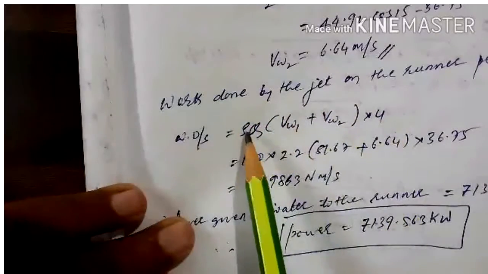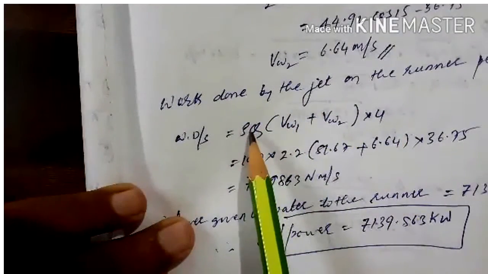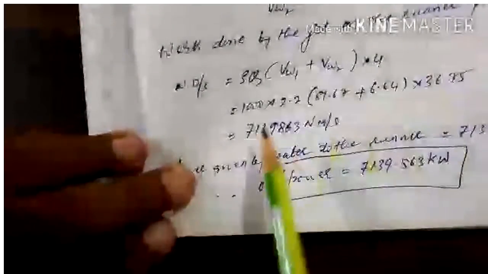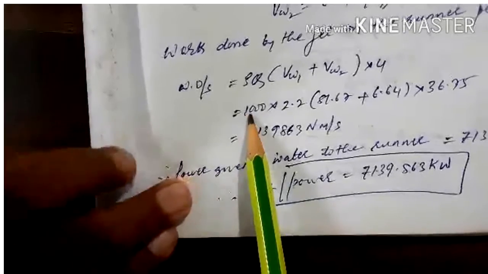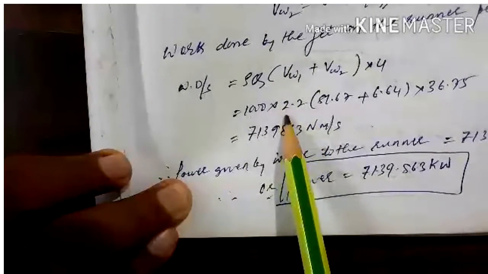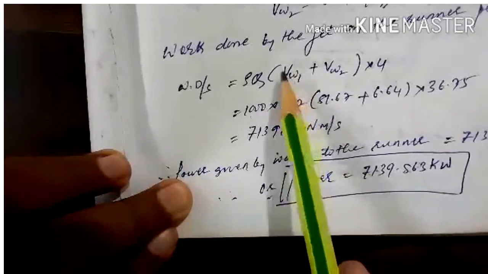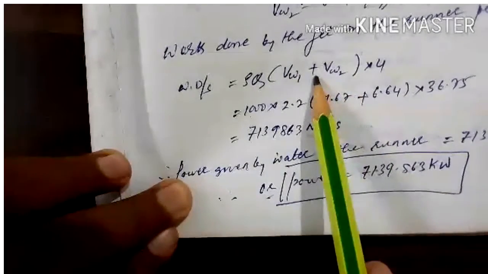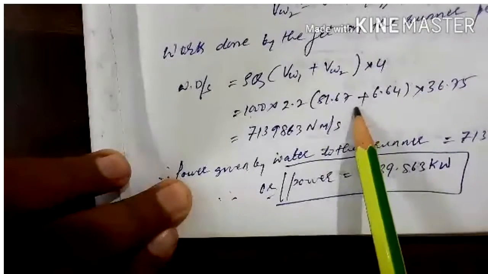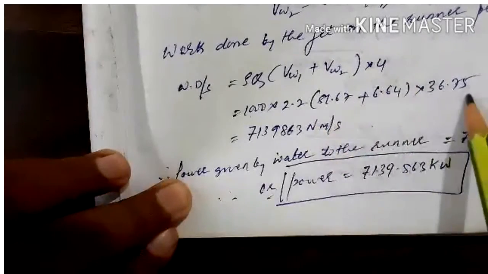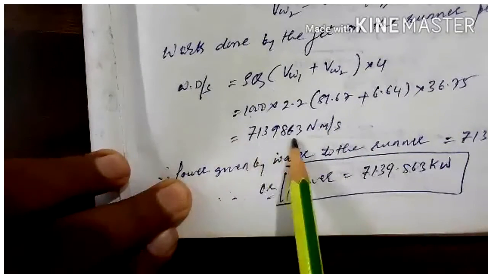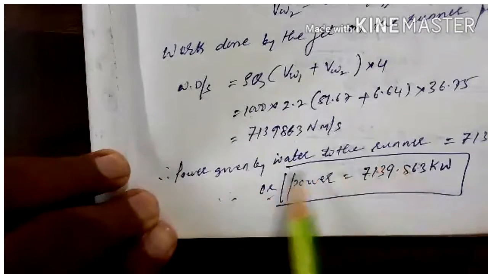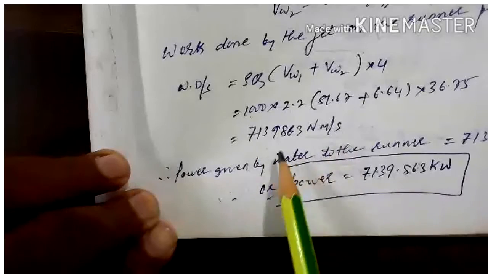Actually this is Q equal to A into V, then this is mass per second, then VW1 plus VW2 into U. Substitute the values of rho, that is 1000, then Q is 2.2 given, then VW1 calculated, VW2 also calculated, plus because the beta is an acute angle at the outlet velocity triangle, then the velocity of the bucket, then finally we get this much. Then for the power given by water to the runner, just divide it by 1000,